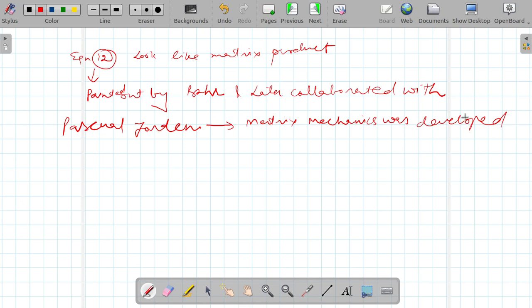That means a new formulation started growing, known as the matrix formulation of quantum mechanics. Thus, matrix mechanics